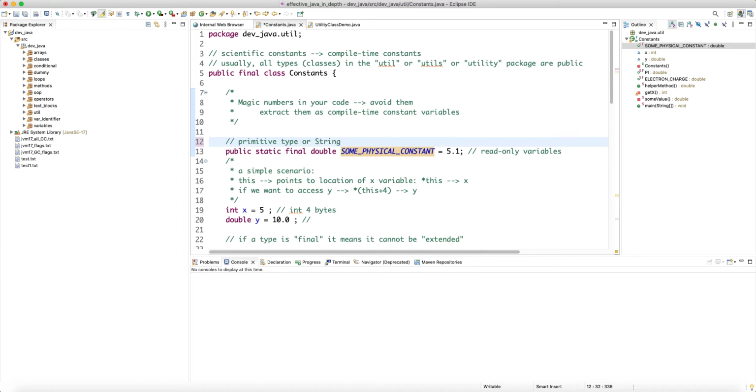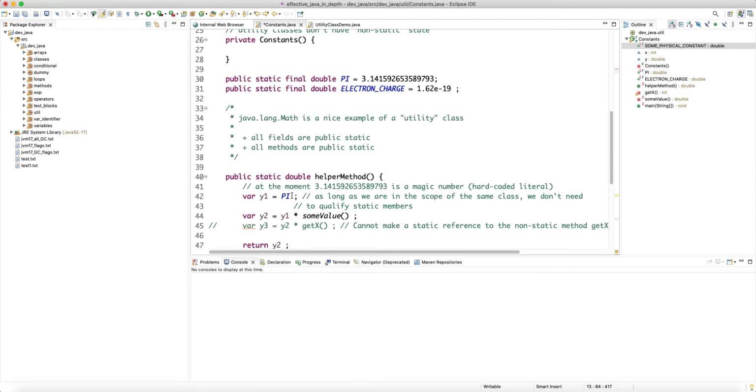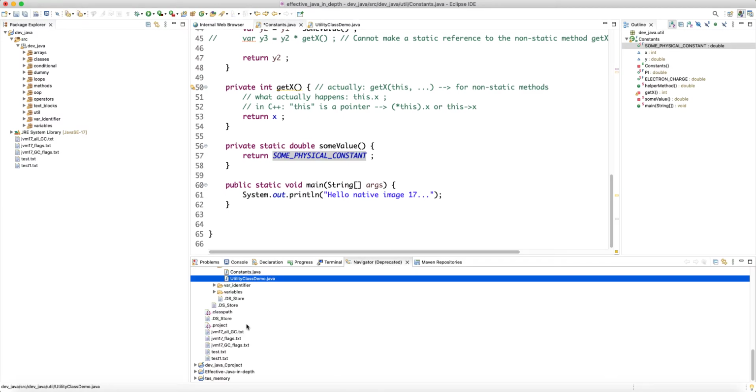I think strings were added later. The reason strings also work is that String is a final class and it's part of the JDK. So the JVM knows that this class can never be subclassed and its value never changes, right? That's why it's also allowed to replace the string. So let's see what happens. We already know that if I look at the bytecode